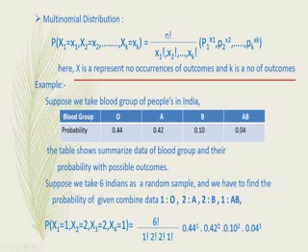Then the second is the benefit of naive Bayes. The first option is that naive Bayes is one of the fast and easy ML algorithms to predict a class of dataset. Then it is the most popular choice for text classification problems. Then C, it can be used for binary as well as multi-class classification. And D, all of the above. These are all benefits of naive Bayes, so the correct option is D.